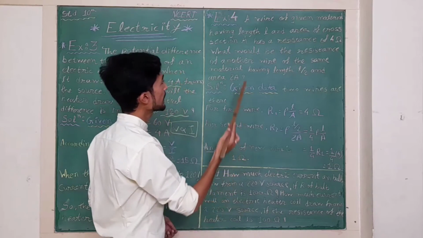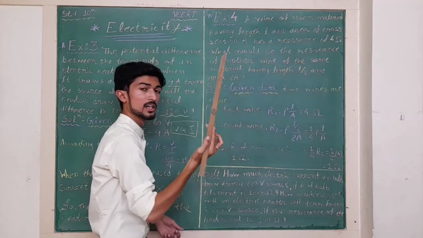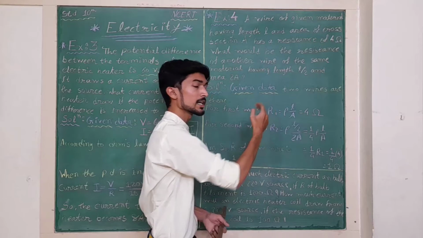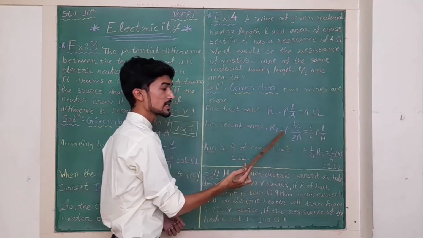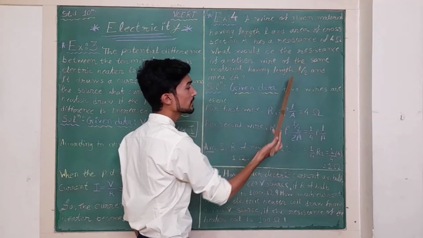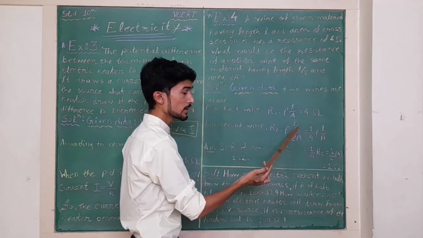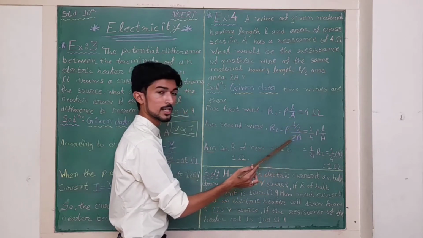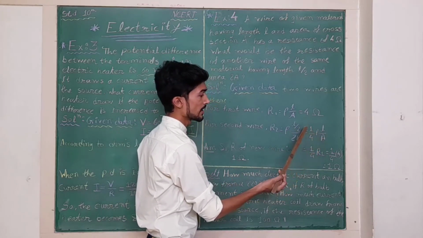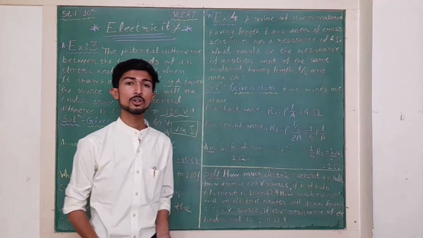इधर लिखा हुआ है कि what would be the resistance of another wire of the same material. वही मटेरियल का दूसरा वायर है तो उसकी रेजिस्टिविटी भी वही होगी जो पहले की थी. That's why उन्होंने ये चेंज नहीं किया है. रो L की जगह पे क्या आएगा? The new length L by 2 and the cross-sectional area 2A. So L by 2 and 2A, you can calculate it. This 2 will go in the denominator. 2 into 2 is 4. The rest of the formula will be as it is and we will get 1 by 4 rho L by A.